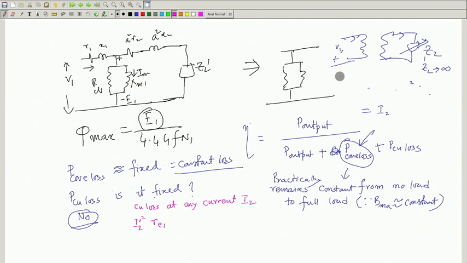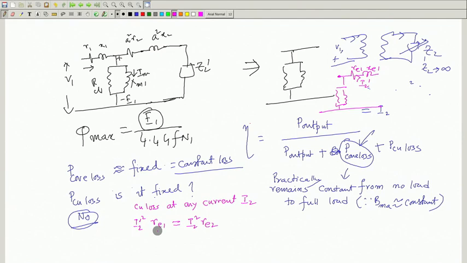Approximate equivalent circuit is this. This current is I 2 dashed. Here is the parallel branch. So, I 2 dash squared R E 1, which is same as I 2 squared into R E 2. Several ways you can write this, but the point to be noted here,